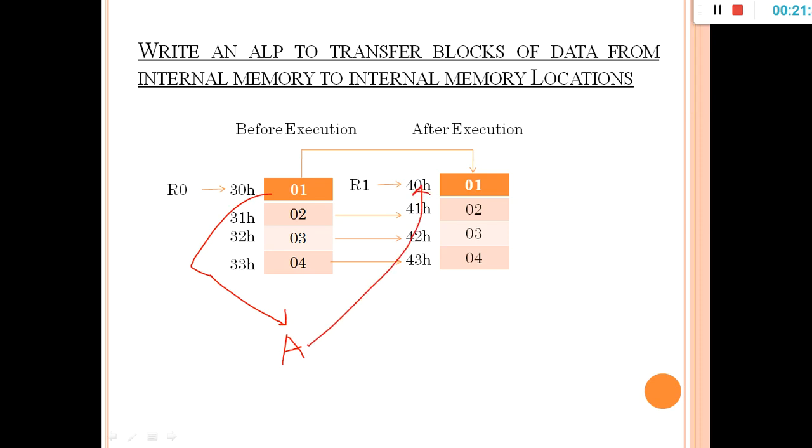After moving one data, you have to decrement the count. So after initializing these two pointers, before fetching the data 01 from 30 to the accumulator, you have to write one more instruction, that is initialization of a count. That is important because when you are writing the program in terms of a loop, the count is a must. If you don't want to write in terms of a loop, then you neglect that count. I suggest writing the programs in terms of a loop, so that the instruction set is reduced.